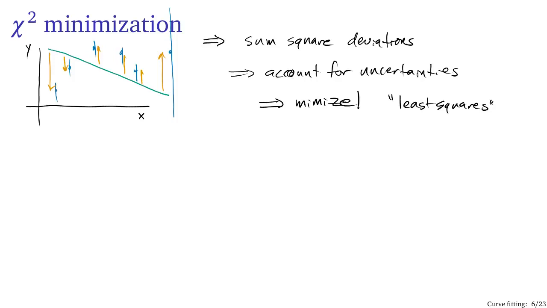So if we have some measurements, just to give us some notation, let's say I have y sub i plus or minus the uncertainty sigma of y sub i. If we make the assumption that on average the true value of these data points is going to be given by the model value, the true value y sub i, with some standard deviation sigma of y sub i, if we're going to make that assumption, that on average these things are okay, then this sum over all the data points